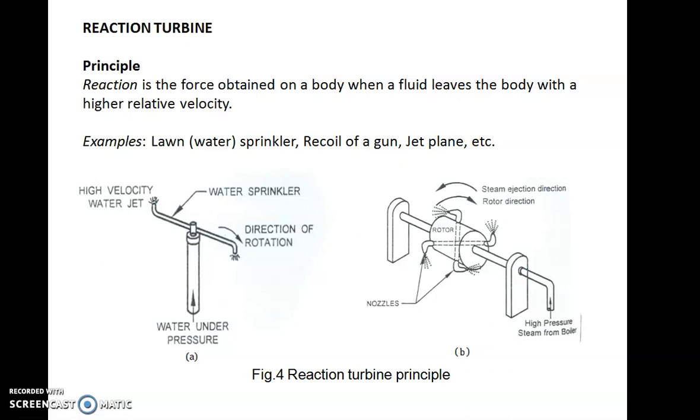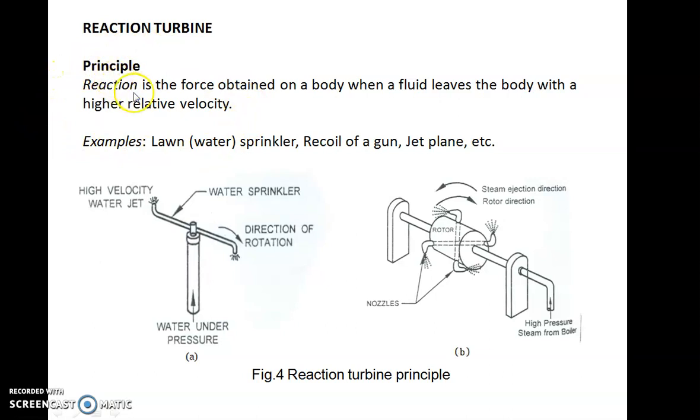If you remember, in case of impulse turbine, the pressure across the moving blade was remaining constant, but in case of reaction turbine, the pressure across the moving blade is also decreasing. So that is the specialty of reaction turbine. You are partly reducing the pressure across the moving blade also. So you are making use of the shape change of the reaction turbine blades, that is the moving blades, to reduce the pressure across the moving blades.